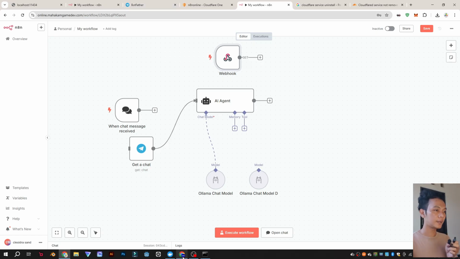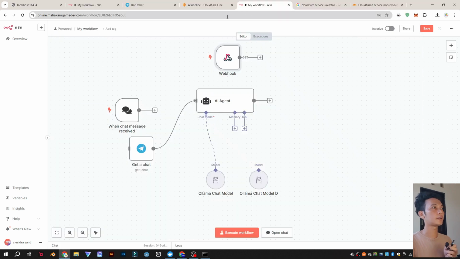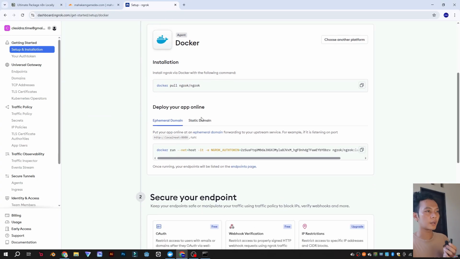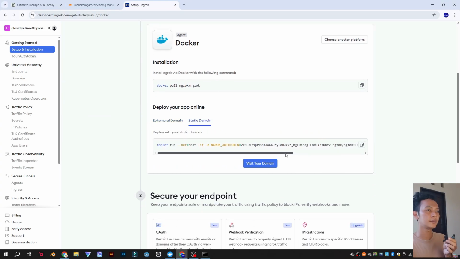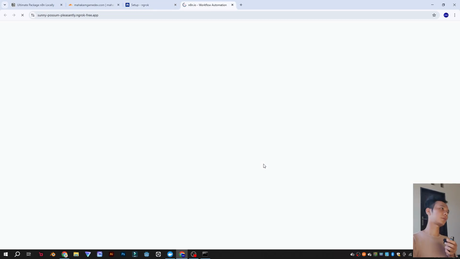So technically, we have two methods, ngrok and Cloudflare. For ngrok, if you remember in Docker, we have a static domain that we already installed in ngrok. So we can visit our domain.